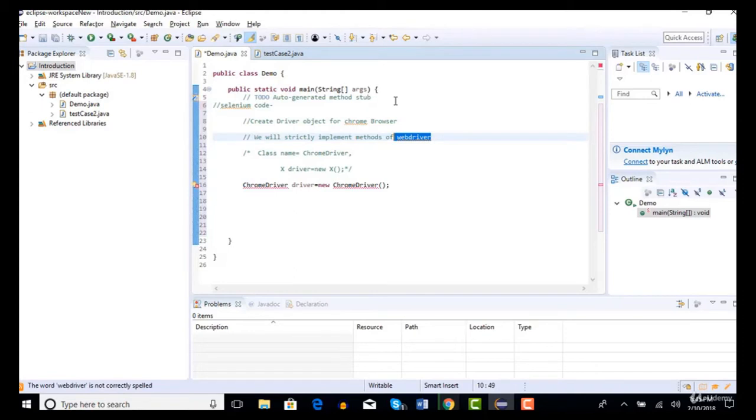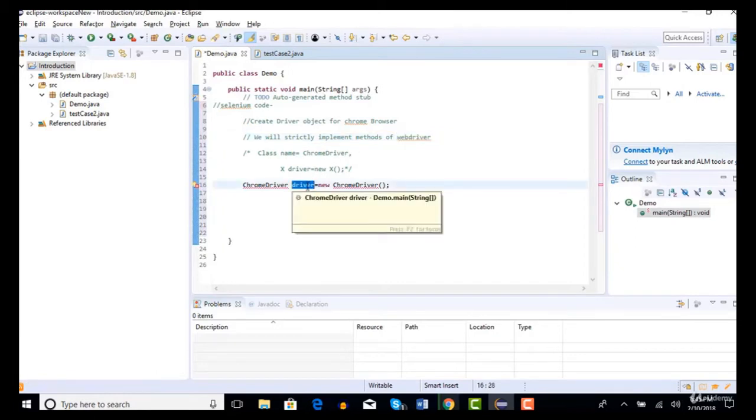First remember that WebDriver is nothing but an interface, and it provides all the methods for your automation. Whenever the course name itself is Selenium WebDriver, the tool specific name, they created an interface called WebDriver, and it gives all the methods to automate. So you have to give that WebDriver knowledge to your object so that it will automate each and every UI on your browser. To give that knowledge, the type for your driver should be WebDriver.